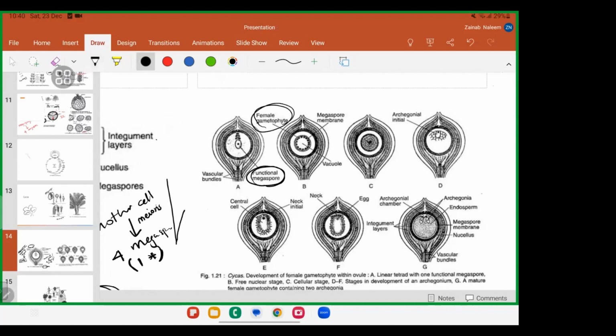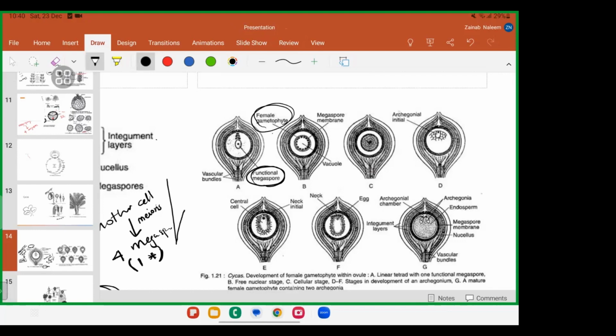The female gametophyte. Now, this is the female gametophyte. Tell me, can you see the female gametophyte in the environment? No, because it is retained. So it is inside the ovule. The female gametophyte can't escape, it is trapped, no way but to develop. So the functional megaspore developed into the female gametophyte, the female gametophyte also developing inside, and it is producing the sexual